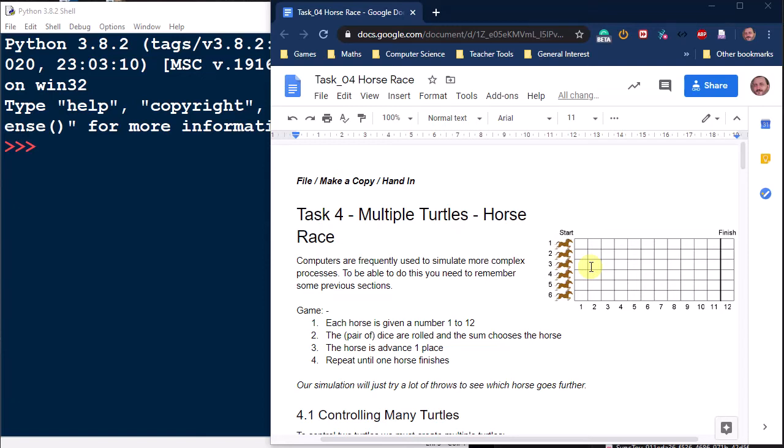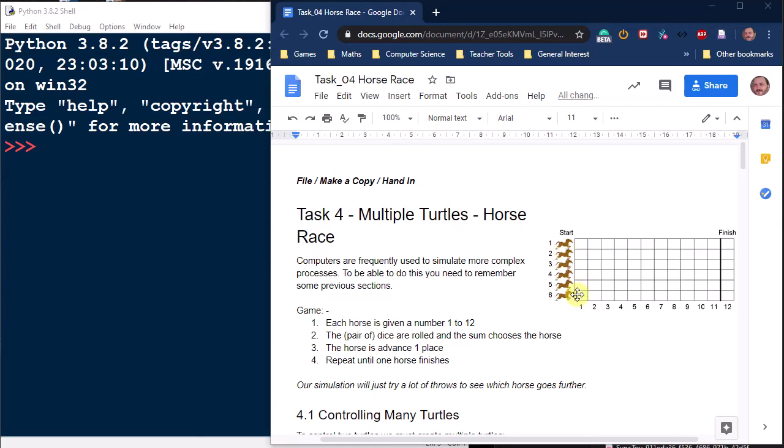The game we're going to play is a standard horse racing game where each horse is given a number, not 1, 2, 3, 4, 5, 6 necessarily. The top horse could be number 5, and each one is given a different number. So what happens is you roll 2 dice. If your horse has the total of those 2 dice, so a 3 and a 4, if my horse is number 7, it moves forward 1 space. Again, if I've got a 5 and a 5, I've got number 10, so horse number 10 moves forward 1. If I get a 1 and a 1, horse number 2, oh, I haven't got horse number 2,